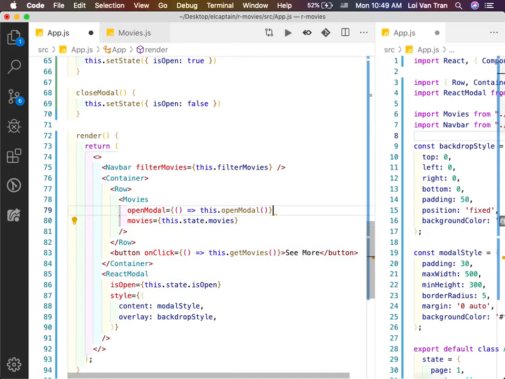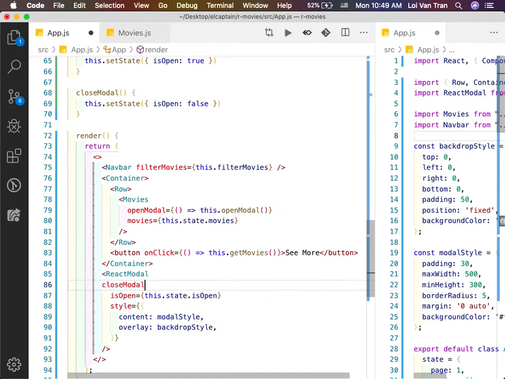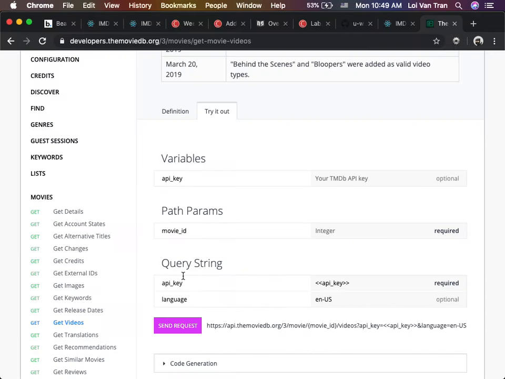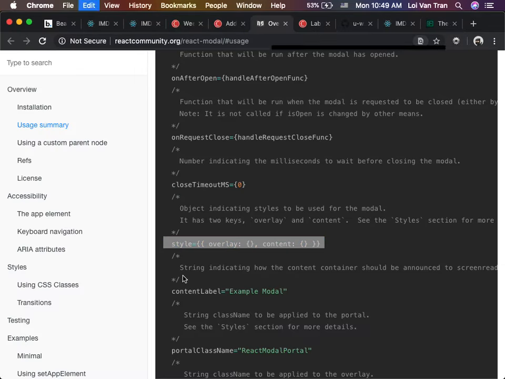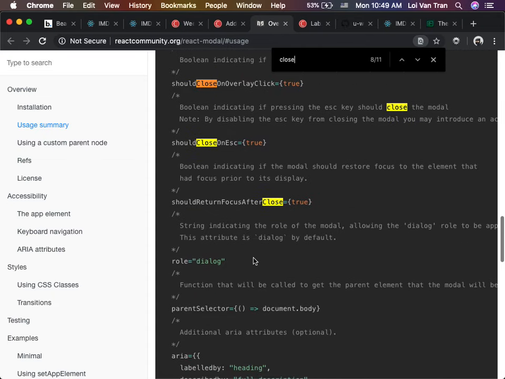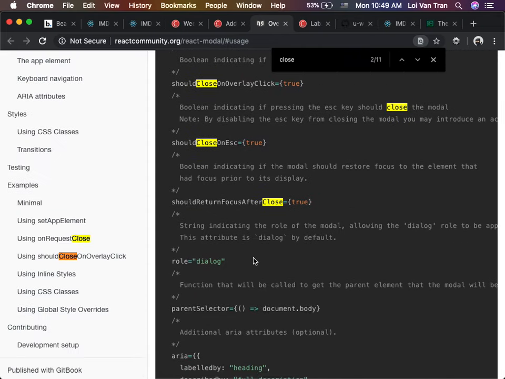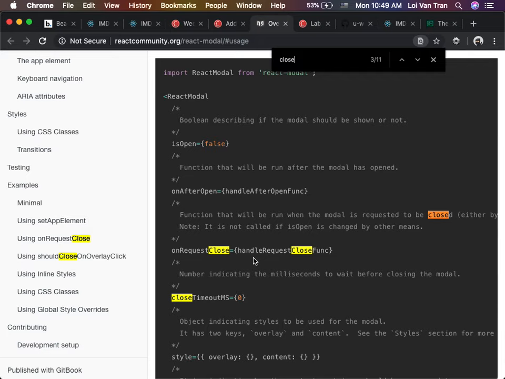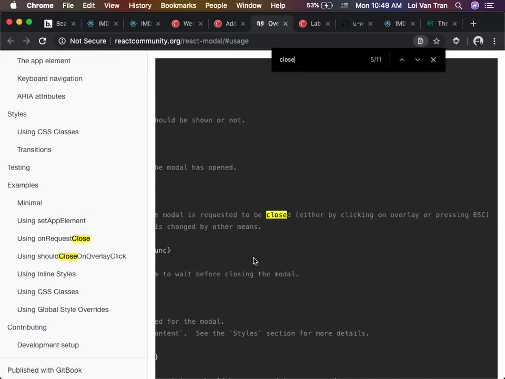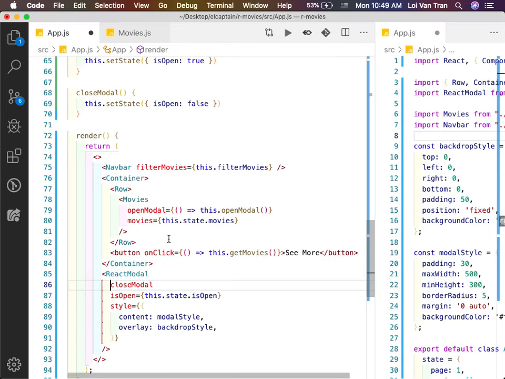Oops, no, bad. Except this time, we're not passing it to modals. Why are we not passing this to modals? Because we have a modal component. We need to pass it to that, right there. And we look at our documentation again. Request close. Okay, so we just looked at the documentation, we read the comments, and I think this is the property. I'm not 100% sure, to be honest with you, but we're gonna try it.